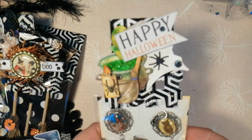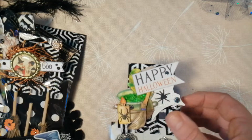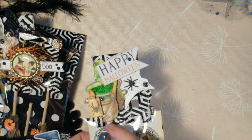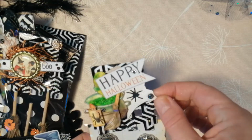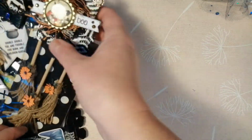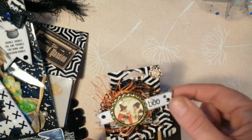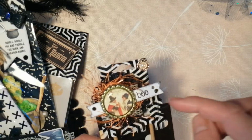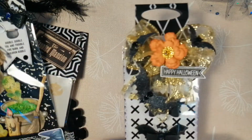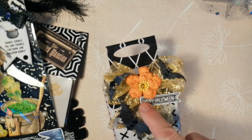Those were the little dangles that I made, and I popped those on a little fence bag topper, and I used that little embellishment, and I just popped a happy Halloween and a spider's web and a spider and a few gems. I used the same bag topper for the broomsticks, and I used the rosette, and again just put a couple of extra charms on. The bats, I did another one of the bow bag toppers, and I put this gorgeous